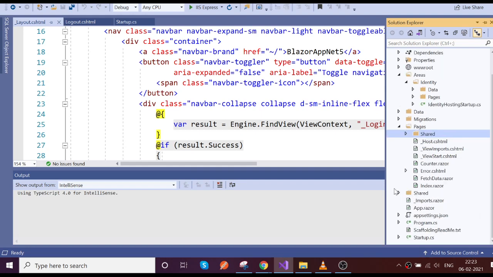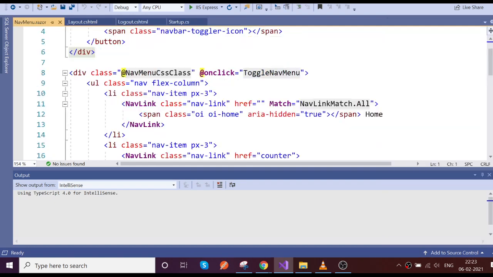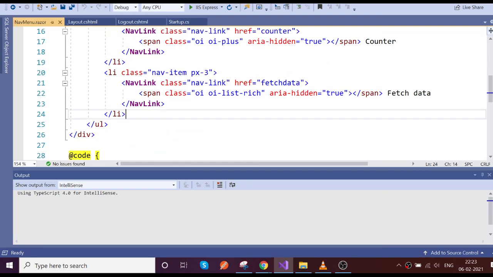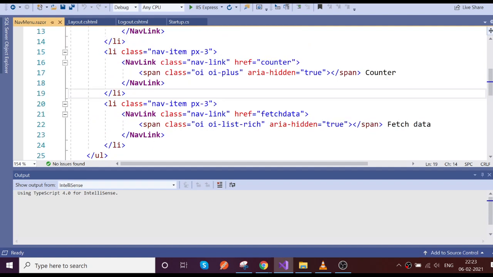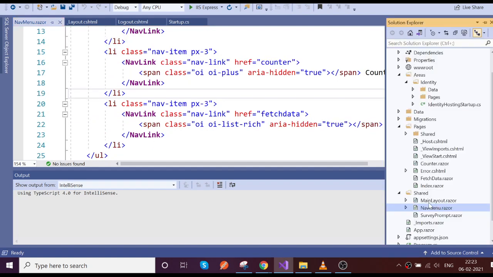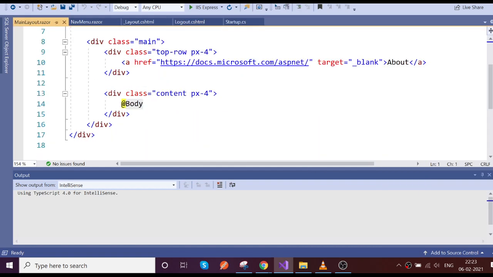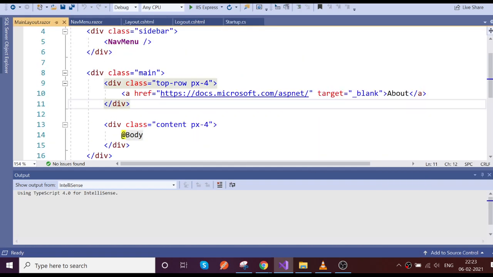Just go to the nav menu, and we can put it near the about page. The about page is placed in the main layout, so we can keep it here.